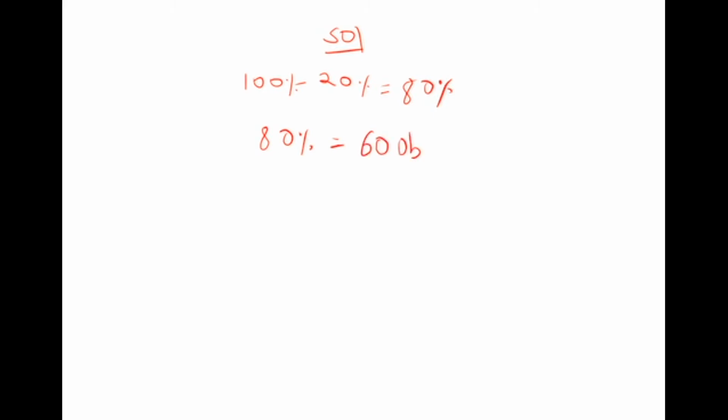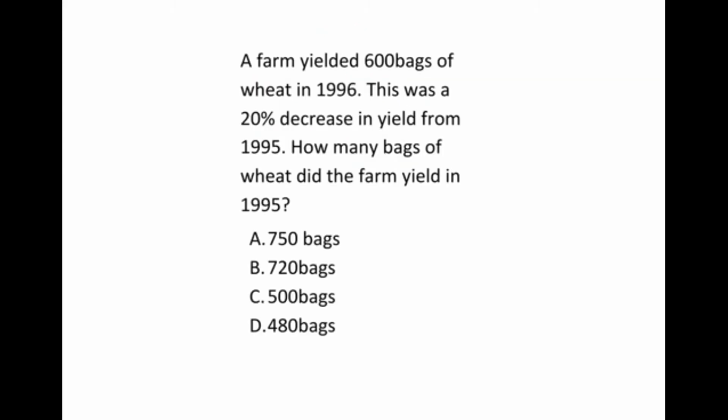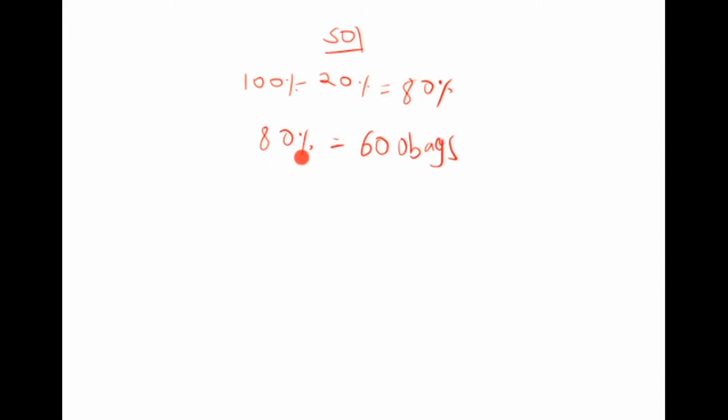which were harvested in the year 1996. Then you are told this was 20% decrease in yield from 1995. How many bags of wheat did the farm yield in 1995? Therefore, if 80% is 600 bags, what about 100%, the yield for the year 1995? We shall have 100